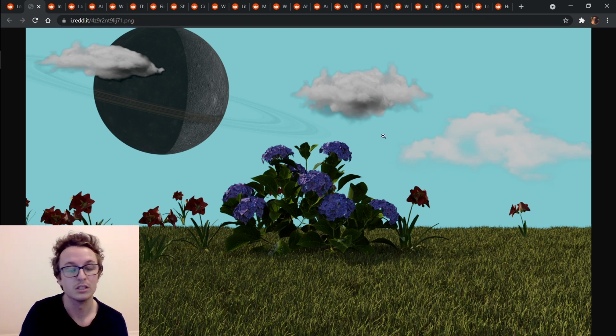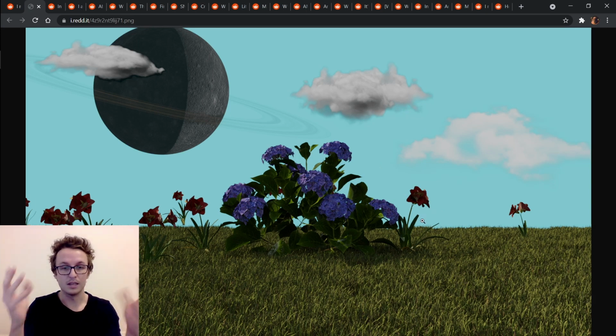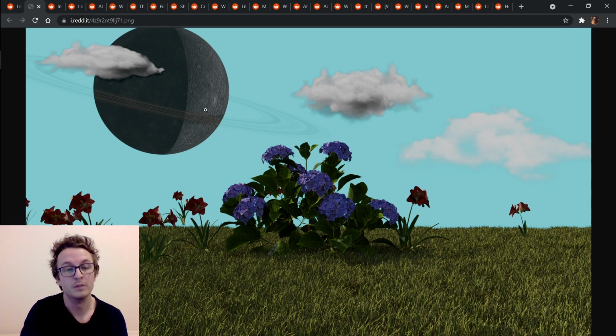So you've got a sky blue, but it doesn't actually work how a sky blue would look, where there'd be much more gradient of colors from, say, where the horizon is to the top. What I would recommend actually is looking into getting a sky texture and just putting it behind everything, facing the camera, or you can do it in post. I would then also look into how you position this. I'm just going to call it a moon. How you position it, and using stuff like fog to make it look like it's in the distance,